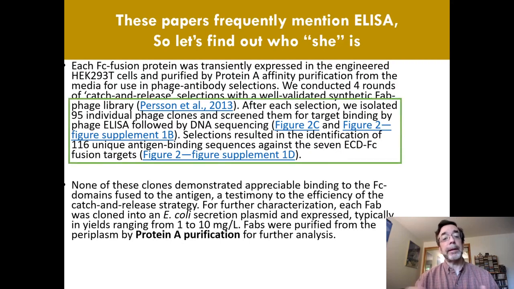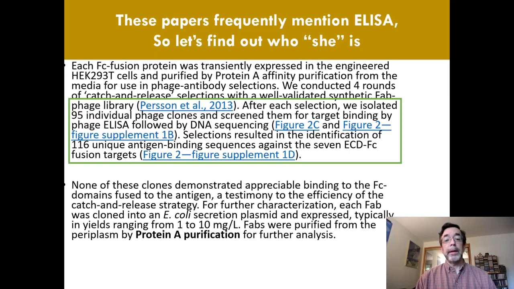After each selection, they isolated 95 different clones, and they screened them. This is a lot like the clonal selection model. It's just being done by a robot rather than by the immune system. What they use to detect binding are 96 well plates that are able to run 96 experiments, or 95, of ELISA that's going to detect binding. And then once it's bound, the great thing about phage is it has the DNA associated with it. So they take the DNA that made the antibody that bound the thing, and they sequence it. And then you can find out exactly where the mutations were that were selected for by the binding to the